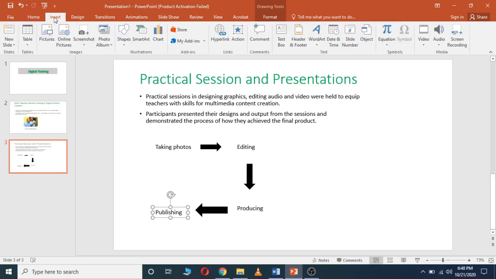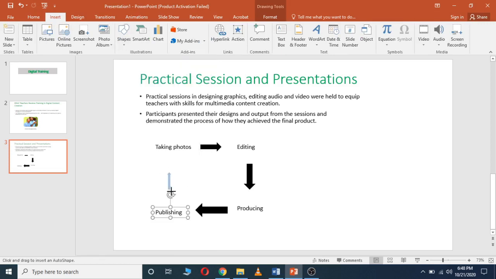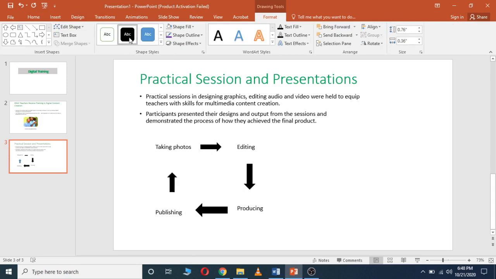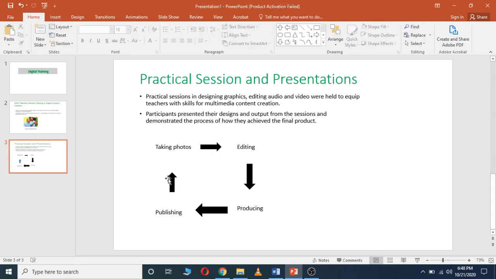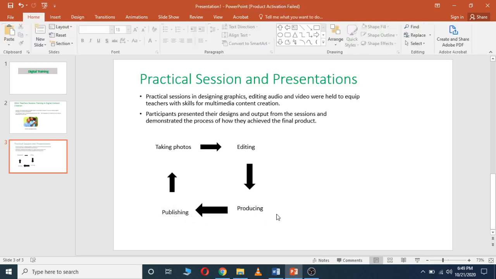Then after publishing, let's complete our cycle with an arrow. It is in color black. So simply, this is the process, this is our process of